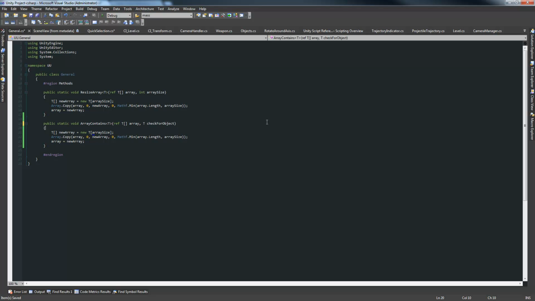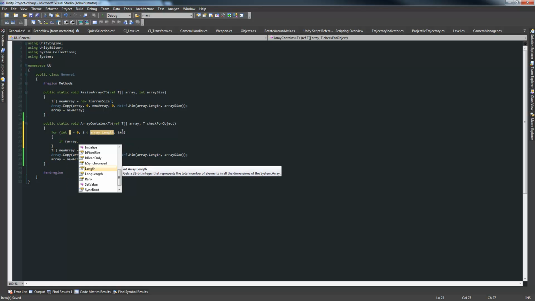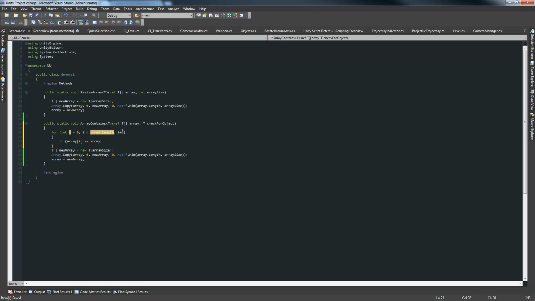Check for object. Do a loop through array dot length, and if array I is equal to check for object, return true. Return false. So the idea is that we pass in an array, and